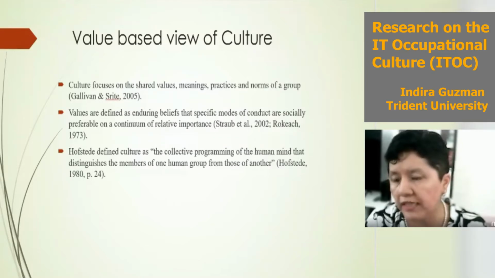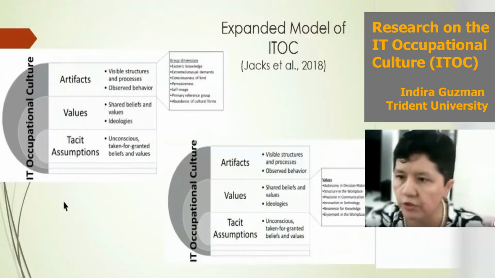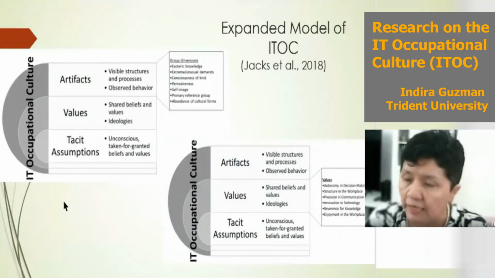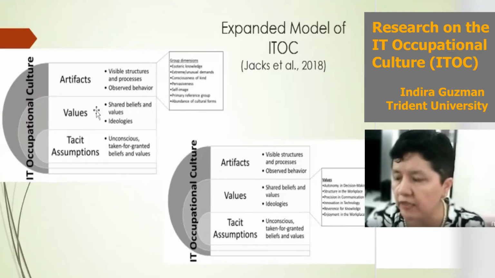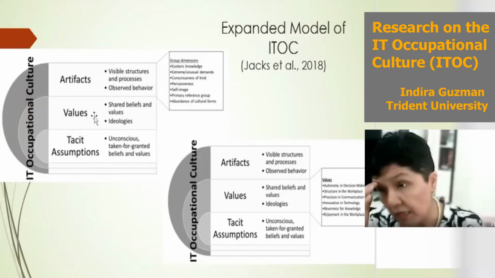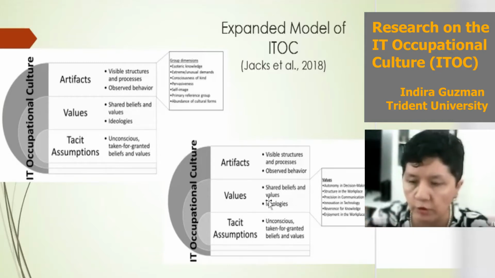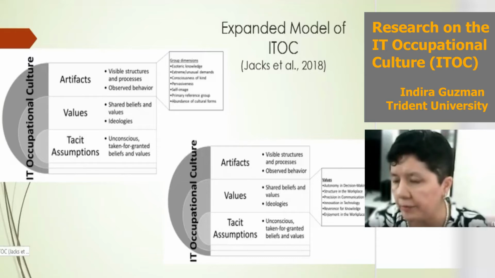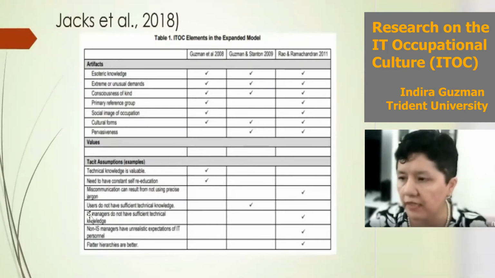Now, another approach is more taking the value-based approach of the culture. And I like this figure, which is from Tim Jacks, again in 2018. In this paper, he identifies the IT occupational culture from three perspectives: the artifacts, the values, and the tacit assumptions. And he emphasizes the values. So the questions are not more about fit, but rather what is it you value. It's interesting because this other approach on values, and I like this comparison. You see my previous research compared to Raoult's and the artifacts, and here the values.